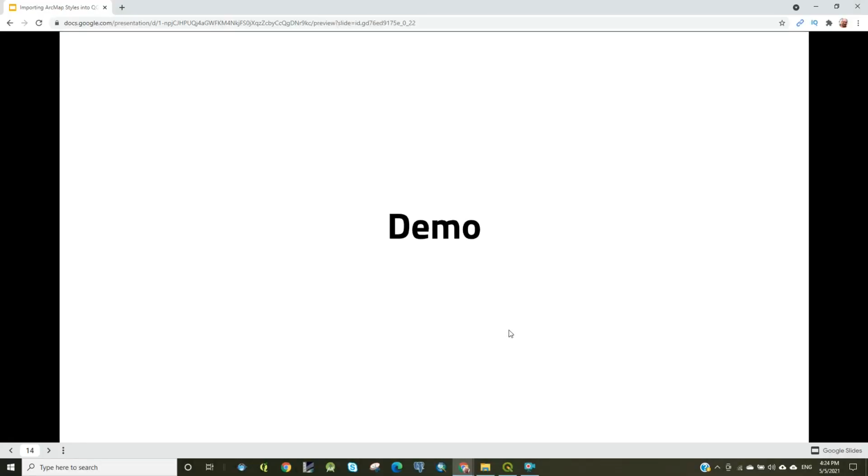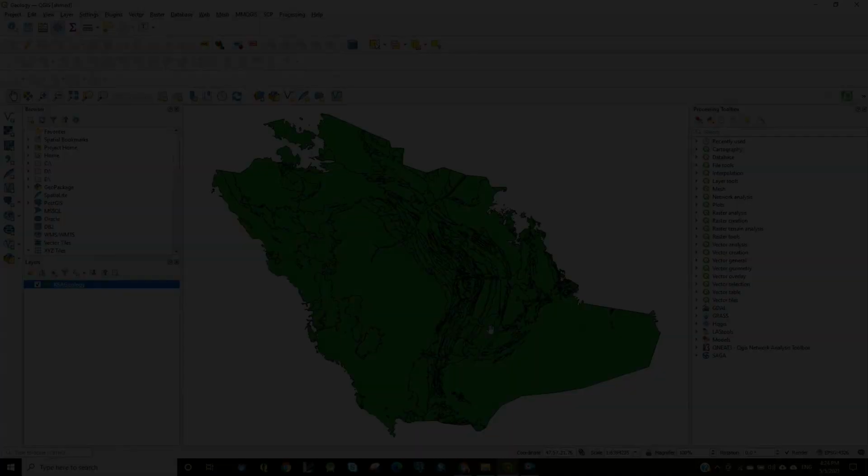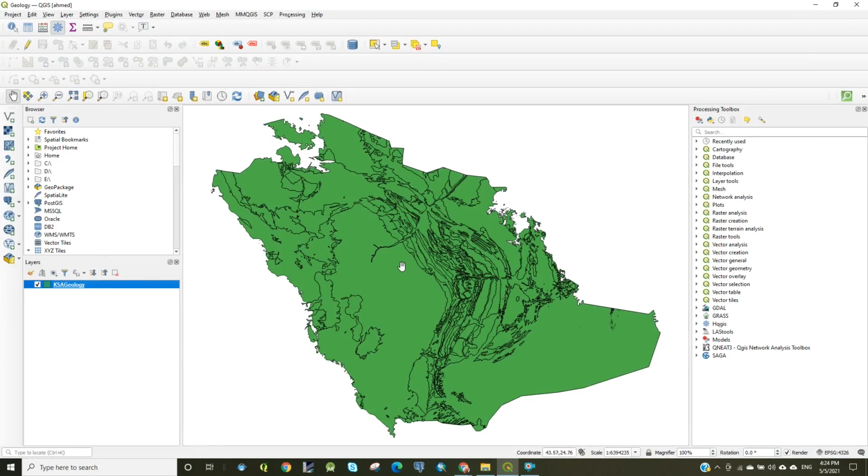Now we are going for a demo. We are going to see how to do that. So here, this is a QGIS document that I have loaded the same shapefiles that we have seen on ArcMap. But here we are going to import the style and symbolize it using the same style. So I'm going to go to